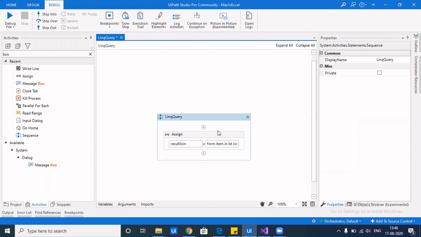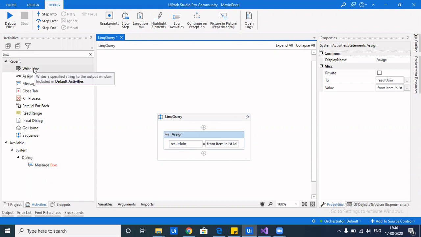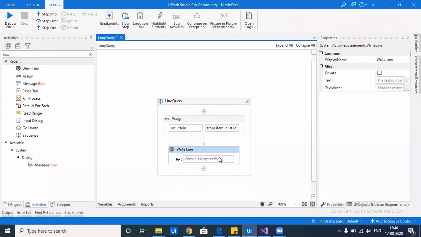We could either print it and run it in debug mode and see the value in the locals panel, or we could print it, but you cannot just drag in a write line and print the array or list, because that's not the way you print an array or list. You need to loop through the array or the list, and then you can print all the values at the indexes one by one. Or instead, if you want the value of a particular index, you can do that.